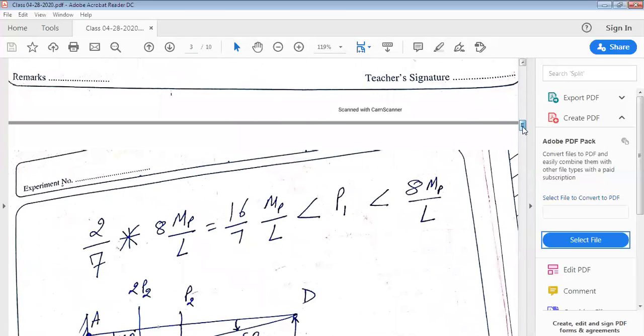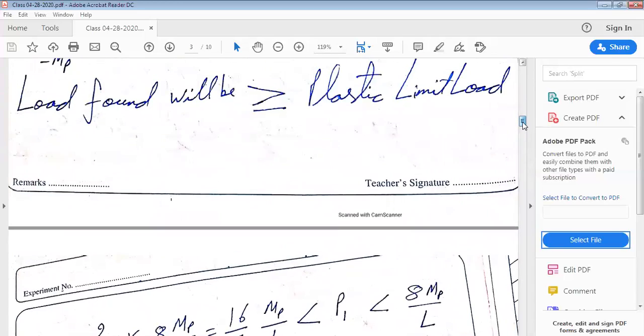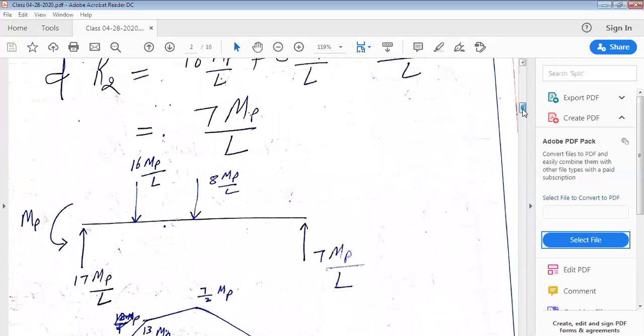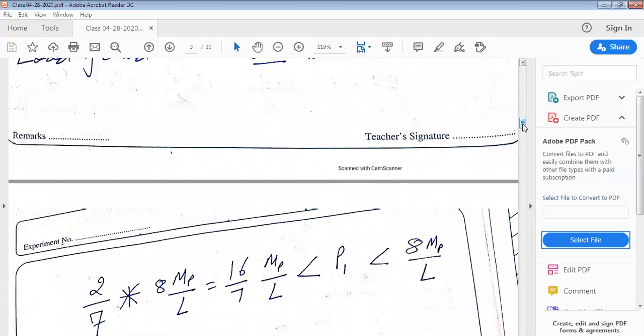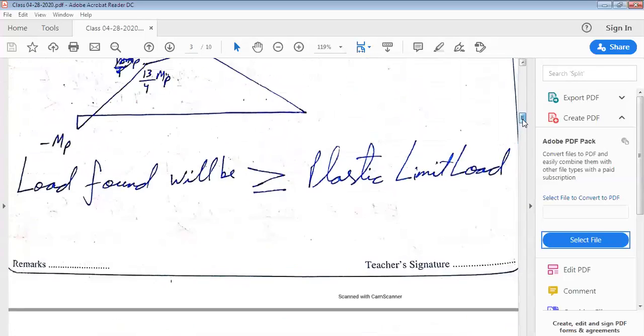And so here in this case, the P1 is 8 Mp by L. So the plastic limit load would be less than 8 Mp by L. Now, if we multiply